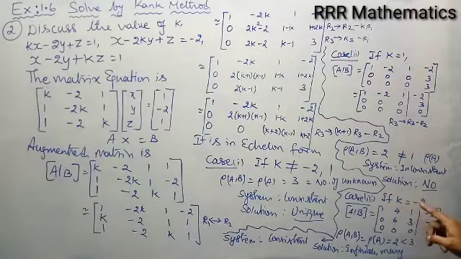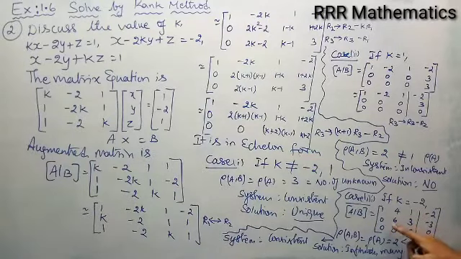Case 3, if k equal to minus 2, when you substitute I am getting A comma B: 1 4 1 minus 2; 0 6 3 minus 3; 0 0 0 0. It is in echelon form of course, no problem, and no two rows are identical or proportional. So the rank of A comma B and the rank of A, when you see here, is 2, but less than the number of unknowns, system consistent, solution infinitely many. Is it clear?